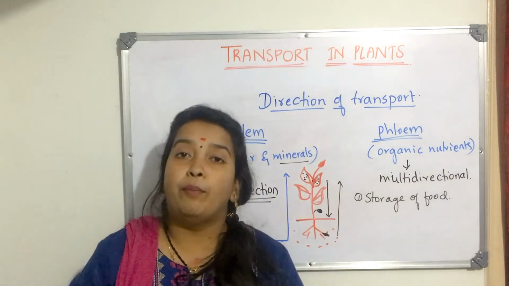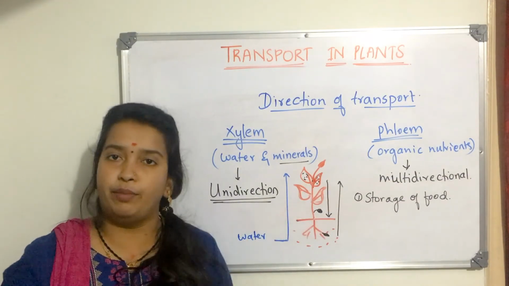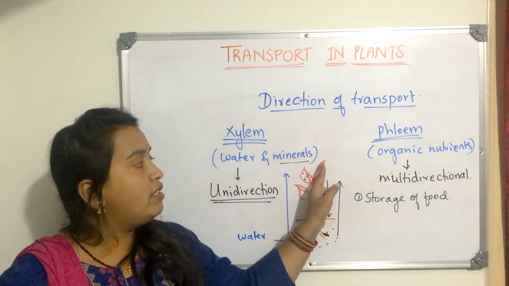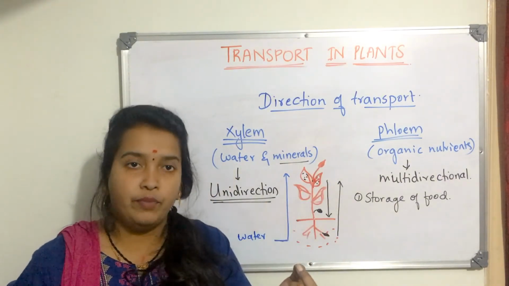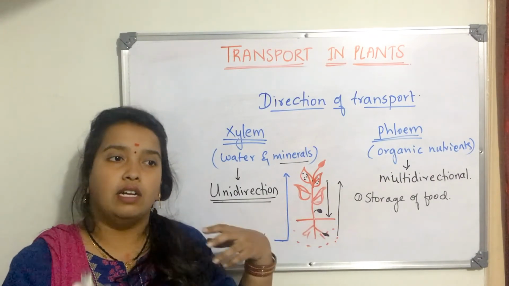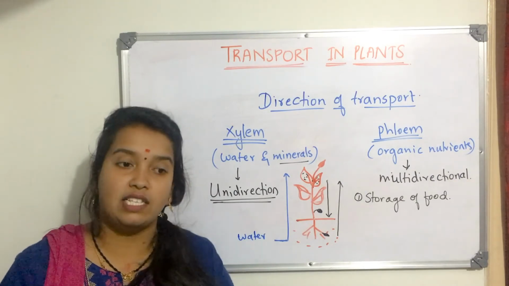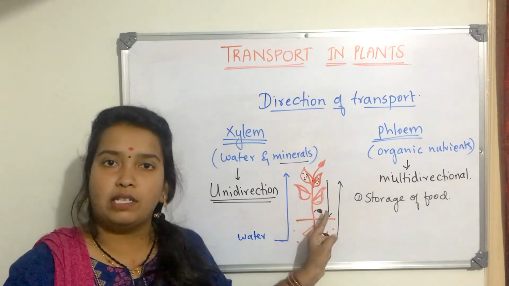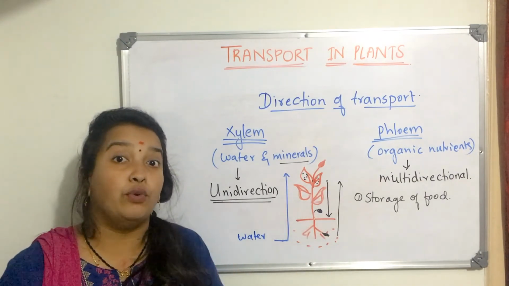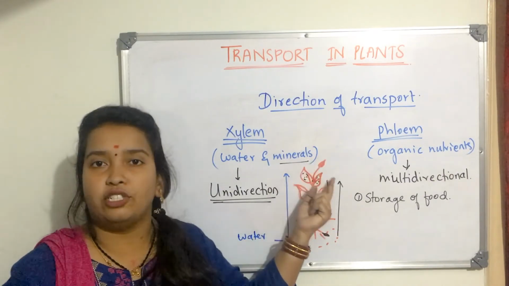Now mineral nutrients, usually all the older leaves will have taken all the mineral nutrients sufficiently. They have all the mineral nutrients. Now whenever these younger leaves are growing, and by chance if this older leaf tends to die, it means it is going to die now. That means senescent leaves, we call it as senescent leaves. When senescence comes, that is, when the situation of falling comes, this older leaf will not just fall down with all the nutrients. Instead, it will give its nutrients to its younger generation.